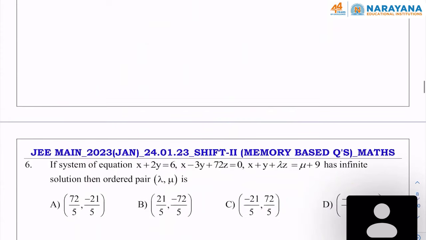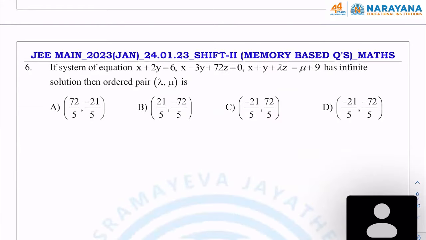Next, sixth question. This is a question on system of equations. If the system of equations x plus 2y is equal to 6, x minus 3y plus 72z is equal to 0, x plus y plus lambda z is equal to mu plus 9 has infinite solutions, then the ordered pair lambda comma mu. So if the non-homogeneous system of equations has infinite solutions,